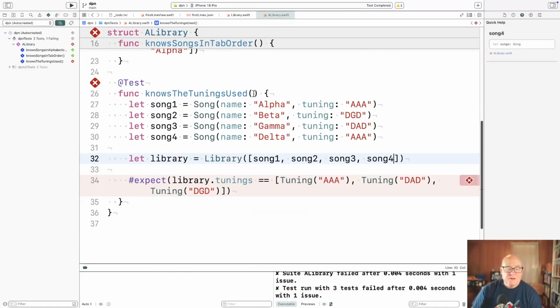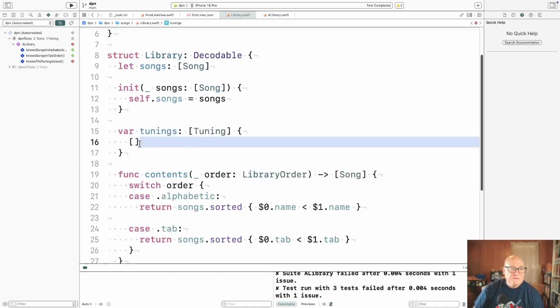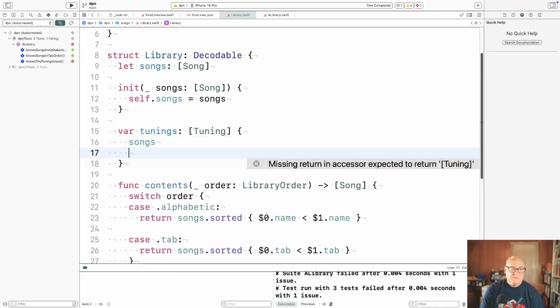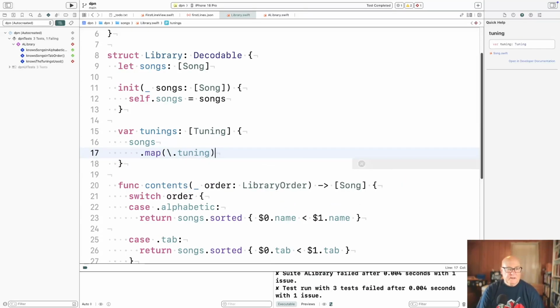Okay, so well, if you want to find out the tunings, you're going to look at the song. So let's make songs. We'll map them to their tuning, and